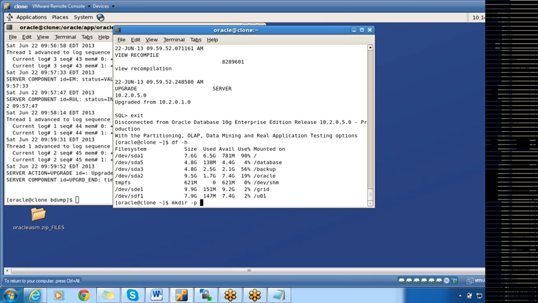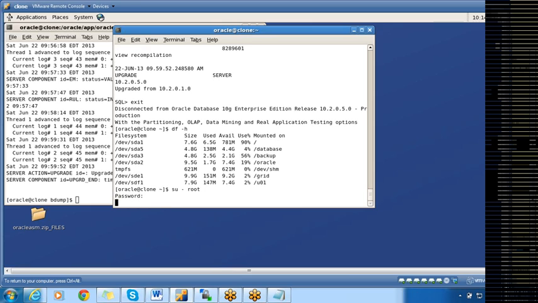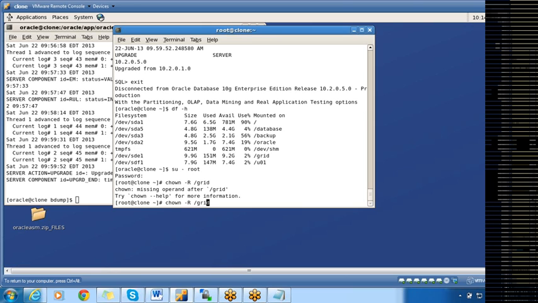Now I'll be creating the home. I have to change the ownership first. It is owned by root, so I have to change the ownership. chown -R oracle /grid.